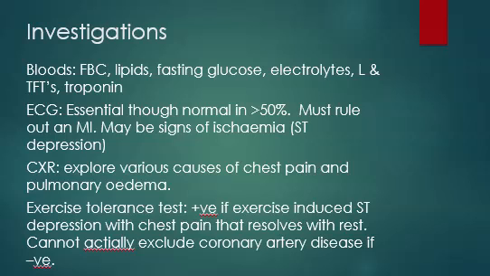Troponin is a myocyte protein that can be released when myocytes die. And it tends to be raised if someone is having an acute coronary syndrome,